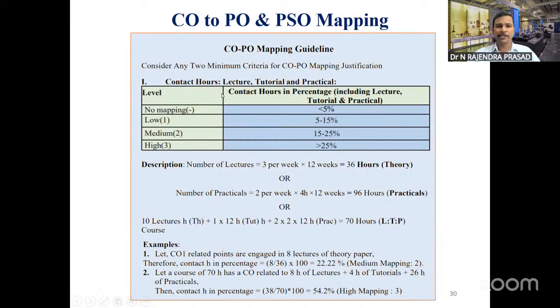The first criterion is based on the contact hours. Suppose you consider a course, any paper, that has 3 units. The 3 units will be taught in 48 hours, so 1 unit is for 16 hours. If that course has 3 course outcomes,